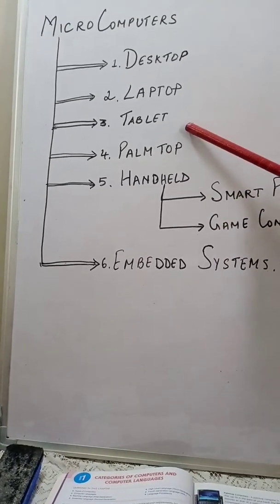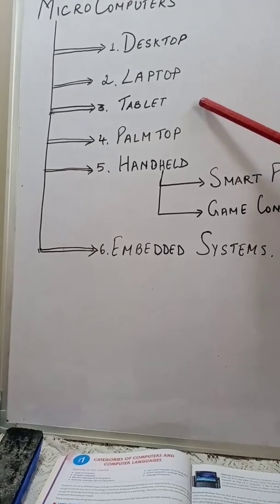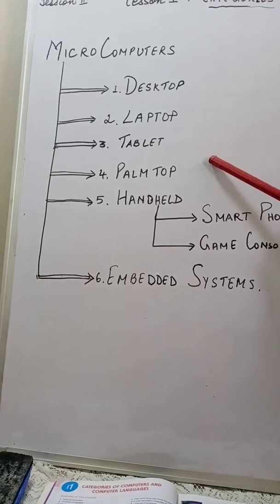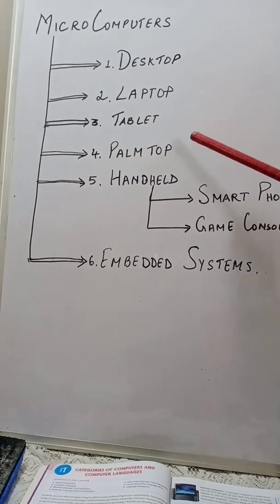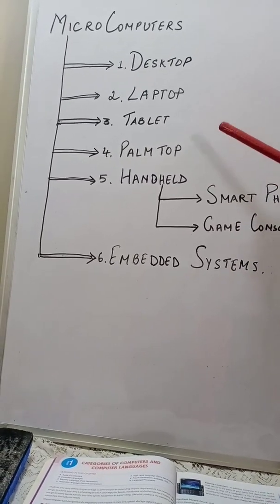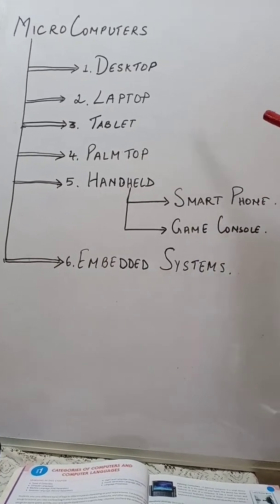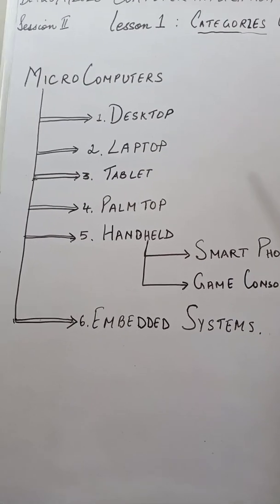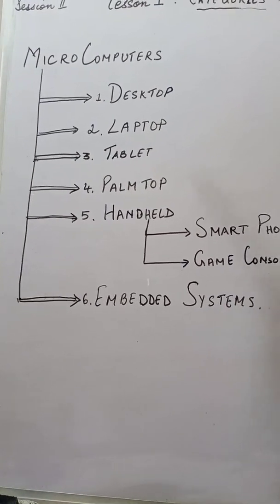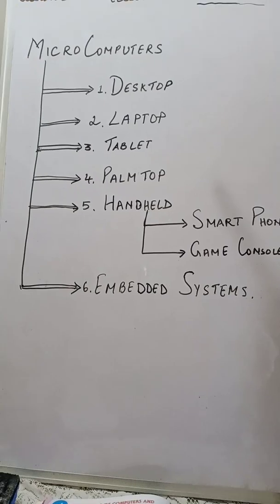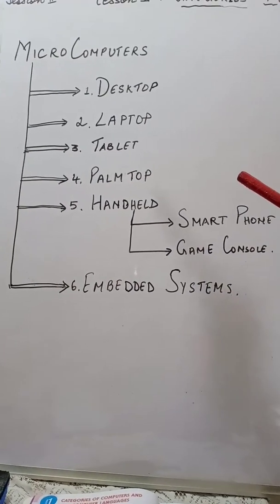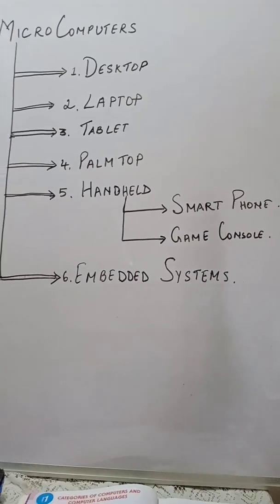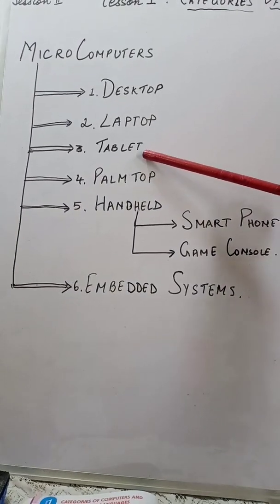Now the third type of computer is tablet. Tablets are smaller and lighter than laptop computers. They have touch sensitive screen for navigation, for moving on the screen, to make movements on the screen, selecting the icon, clicking on different options. It means navigation on the screen. They have different configuration depending upon the accessibility by the user. There are different types of tablet also available in the market.